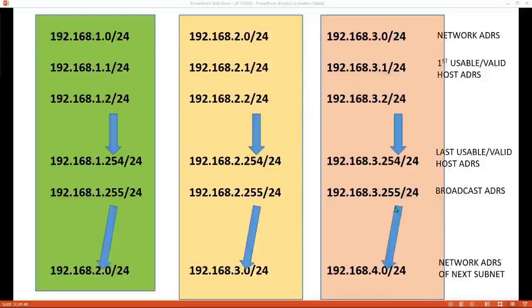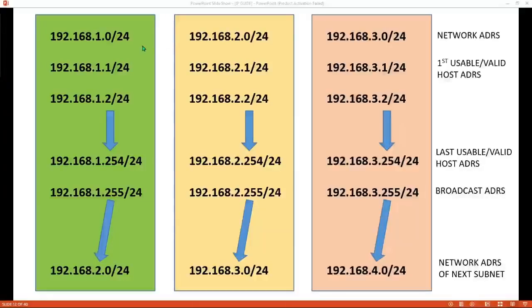So these are the minute things you need to know before you make any calculation. All the time we won't have more than 250 hosts for a particular network, right? So for example, let's say you have 3 floors in your company, and all floors have one switch. For one particular floor, you are assigning the 192.168.1.0 network. In that floor, you will have 0 to 255, which means you can have around 254 IP addresses or network